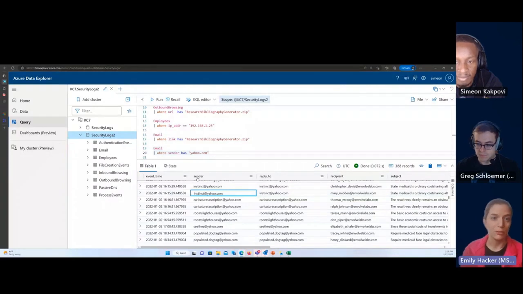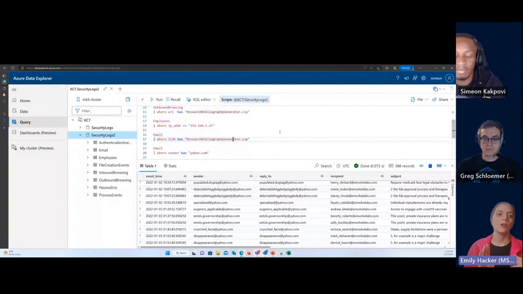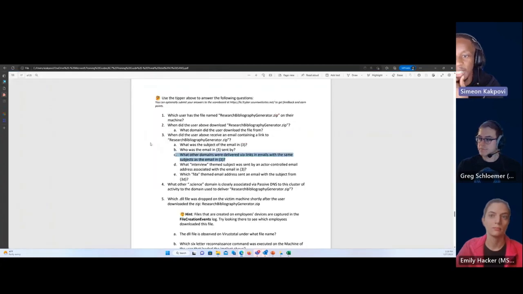So many bad results that you can't even figure out what you're looking at. Probably time to back out of that pivot and think, okay, what else do I know about this actor so I can pivot into something a little bit more specific? Exactly. That's a really good explanation here.